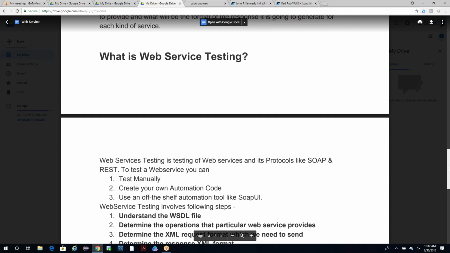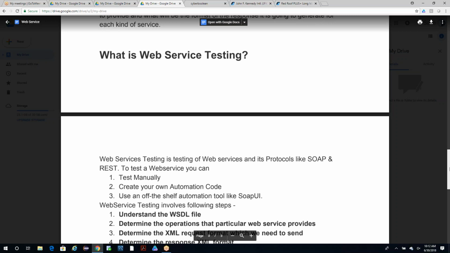And why web service testing? Because, like we did the automation testing for those applications, Google, the flight reservation, and a few other applications that we have done, we went through Amazon. We do test the front end, the GUI part, but web service testing is like back end testing, but it's not exactly back end. It has no GUI. It just makes sure the data is